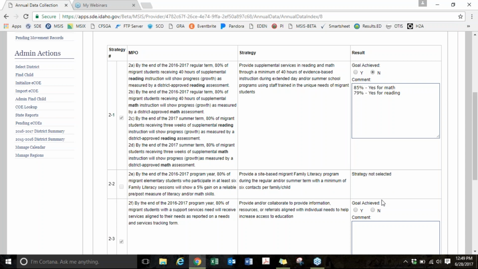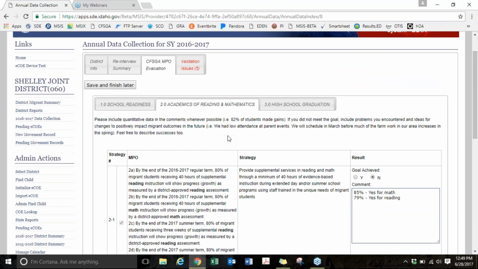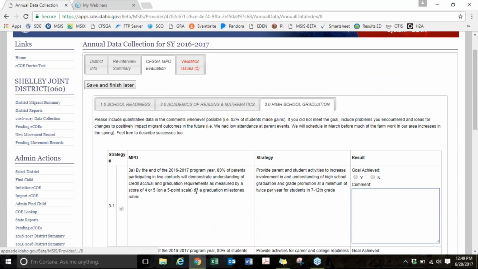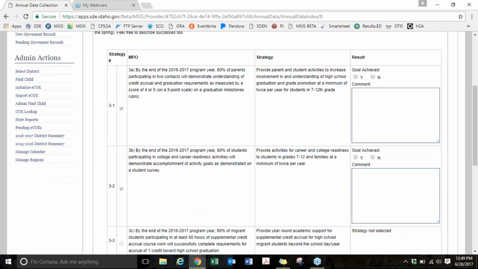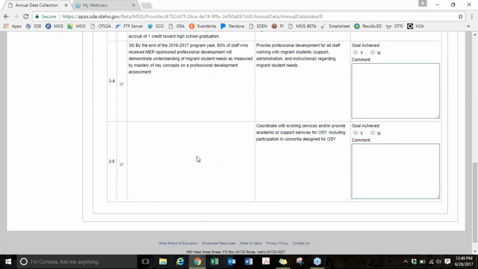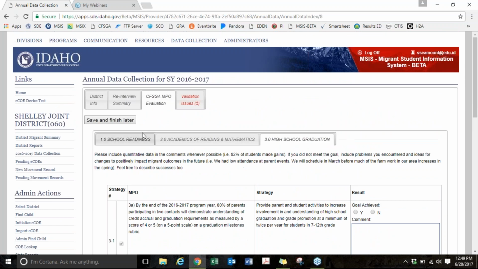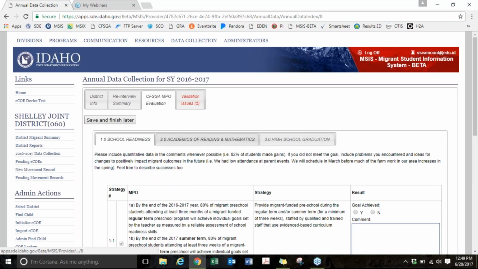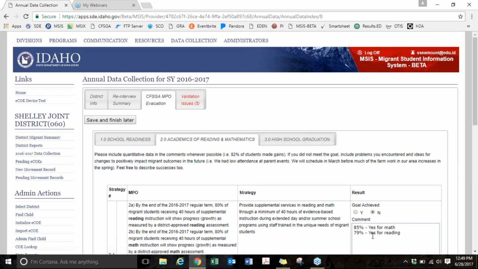I can only type something for the strategies that I selected. And then if you look, this is our high school graduation. So there are a number of MPOs for high school graduation. I'm going to click on that because I'm curious to see. So you can click around between these three tabs as you're putting your evidence in, and as long as you